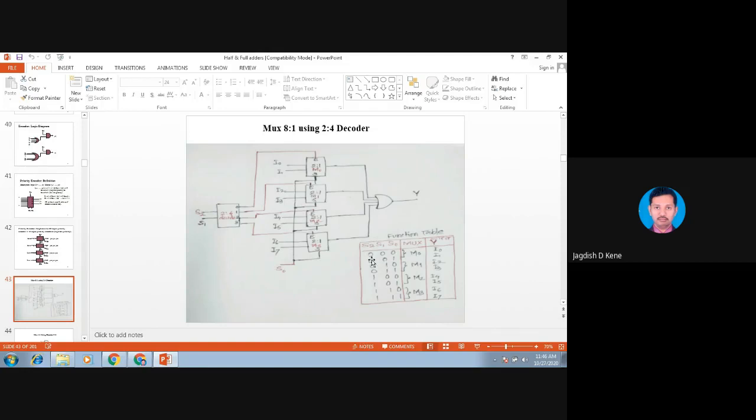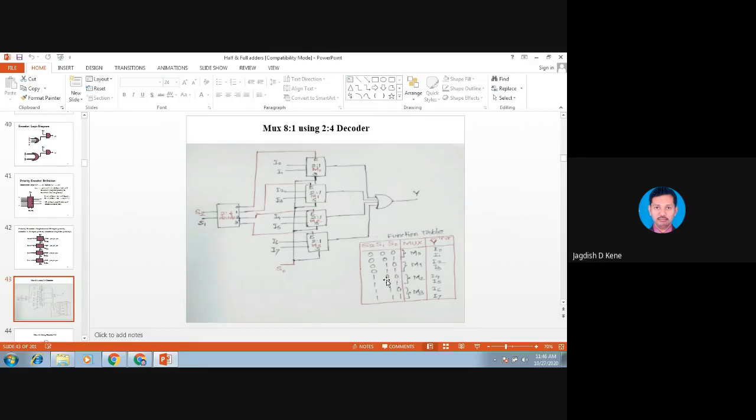See here S2, S1, S0. The LSB, S0, will be connected to the 2 to 1 mux, and that is common to all. The higher priority bits S2, S1 will be connected to the 2 to 4 decoder. When the combination is 0, 0, 0, it means Y0 is active high and S0 is 0. So this will be connected to this particular input and the remaining are off. This particular mux will be connected to the output port, and the OR gate will add together all inputs.